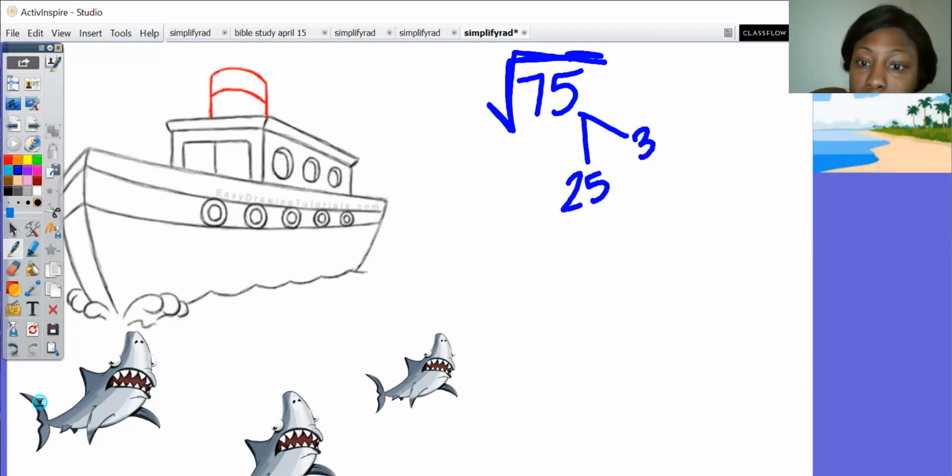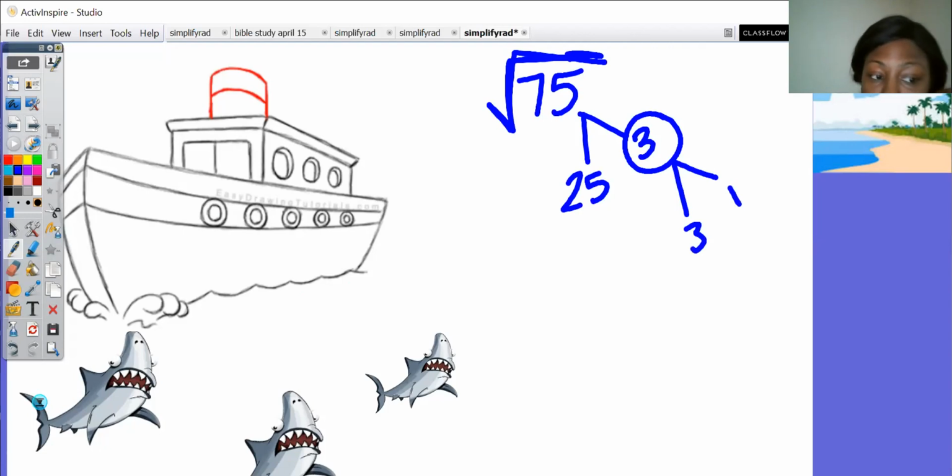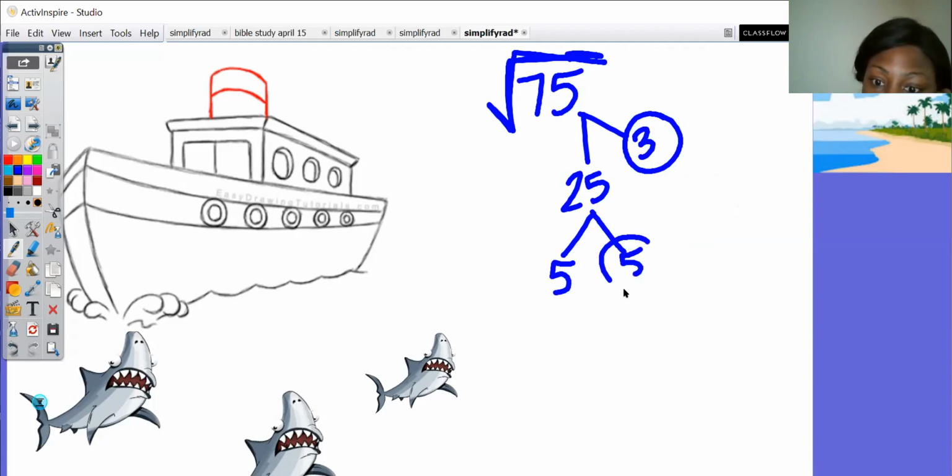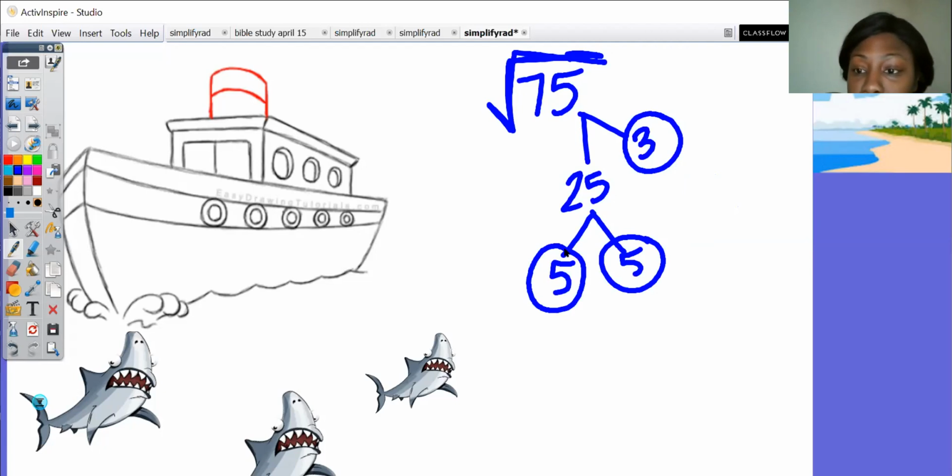25 times 3. So when you get a prime number like 3, circle it so you can keep track of it. We do not break down to ones. Remember, we do not break it down because some people want to go, oh, 3 times 1. No, we do not do that. We stop when we get to that point to where it's only a 1 left, okay? However, 25, we can break that down to 5 times 5. And then circle the 5s because the only thing we can do next is 1 times 5. So when you get those